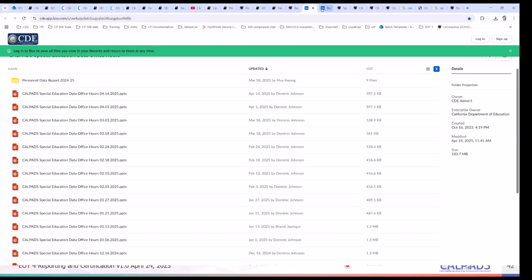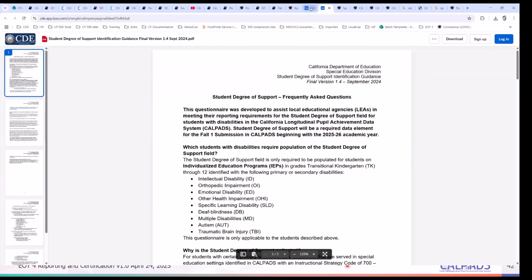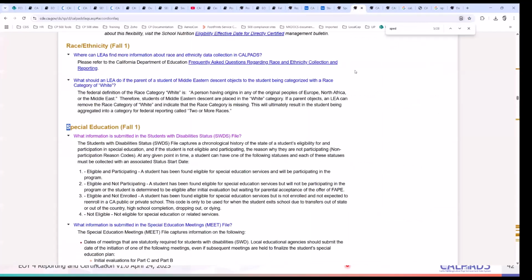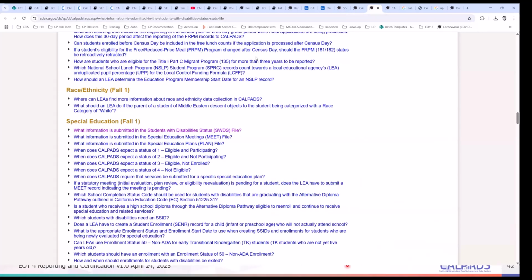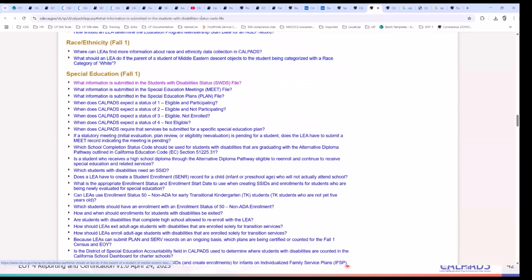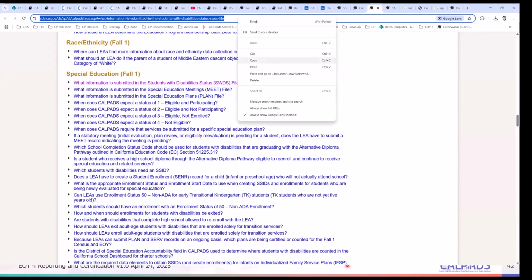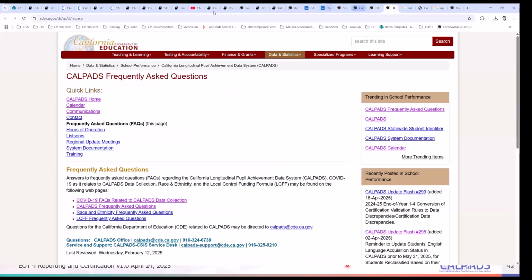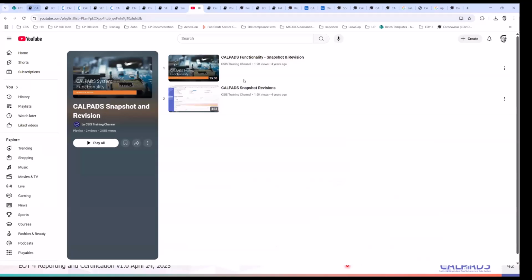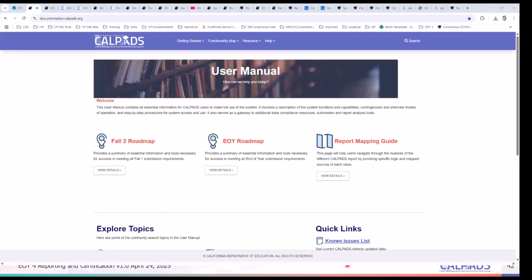I think you guys know better than me, but if you are the data coordinator, you have to know all things CalPADS. You can't afford not to know. And I think going to the SPED office hours, the weekly Q&As, is time consuming. I know everyone has to multitask, but if you could listen in, I think it's beneficial. I don't know how it works, but I would imagine they're going to ask you as well as the SEDS data coordinator when there are special education questions. So just being informed is best.